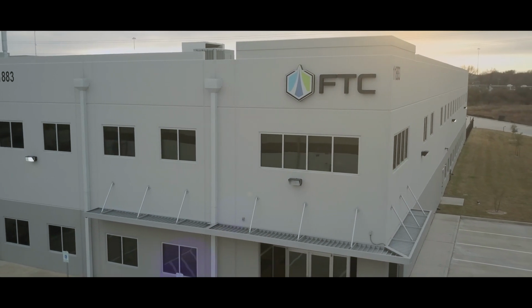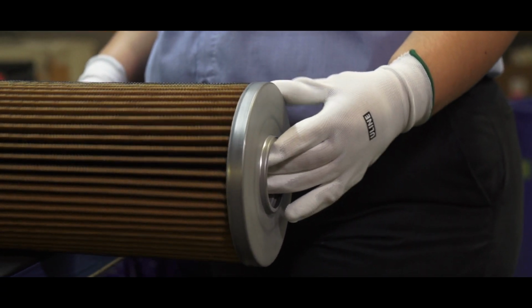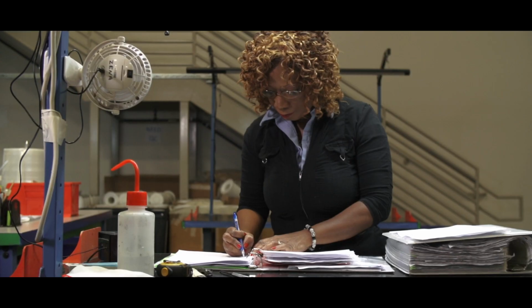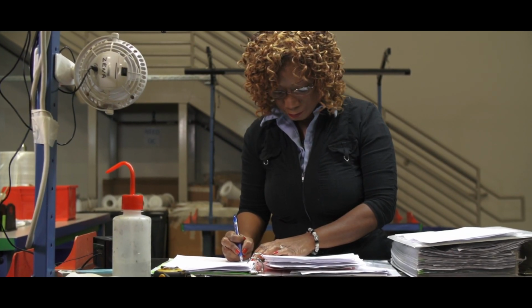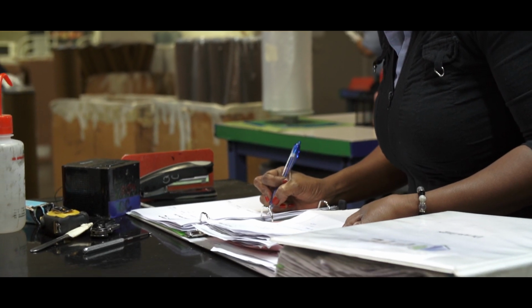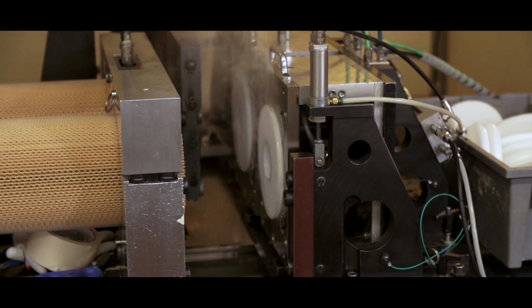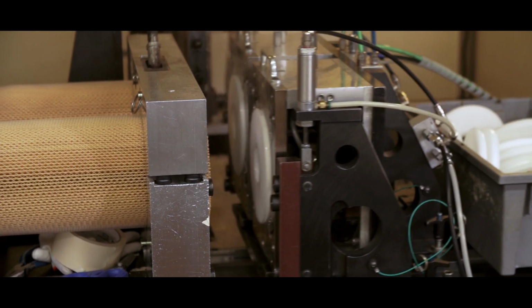Welcome to FTC. We've been building some of the world's finest filtration and separation systems since 1987. We believe that filters and coalescers are not all made the same. Your business has unique filtration and separations needs, and FTC has the experience and reputation for unmatched quality you can